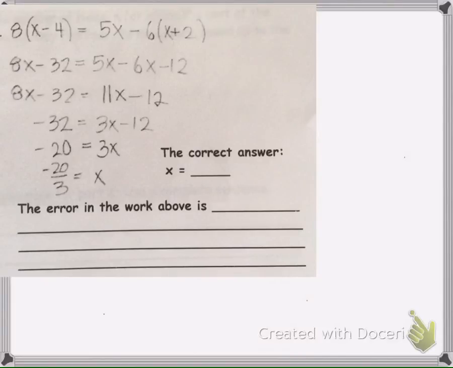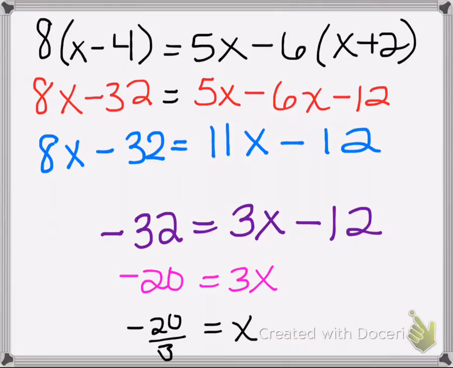In this problem, we are given student work and we are asked to find the error that was made. So the first thing when we solve an equation is we can simplify the left and the right side. We can simplify by combining like terms and by using the distributive property. Since combining like terms uses addition and subtraction and distributive property uses multiplication, we're always going to use the distributive